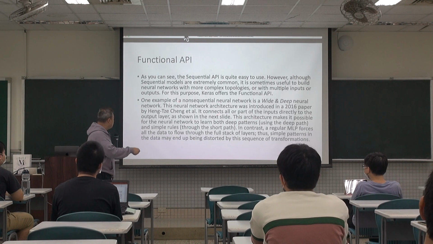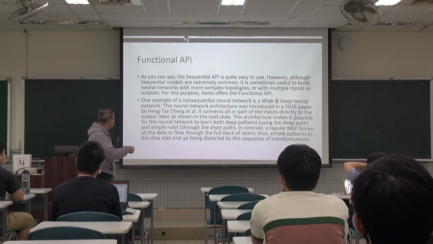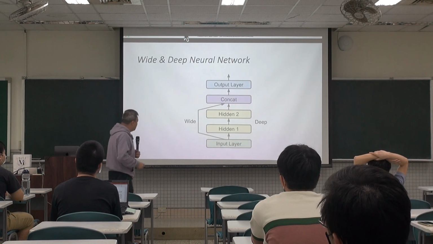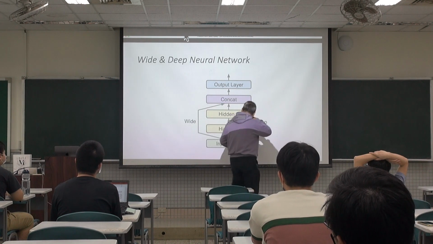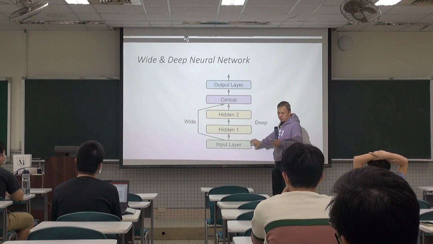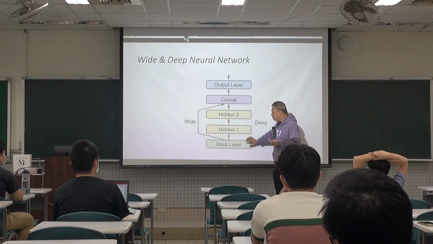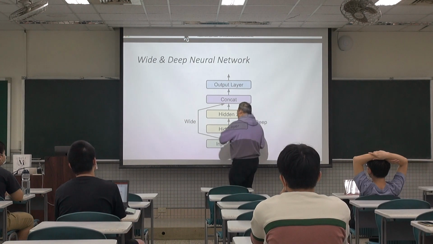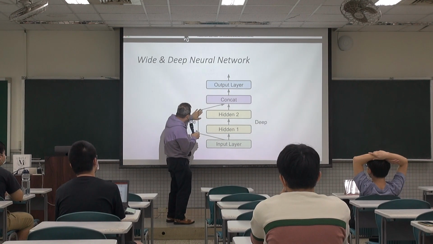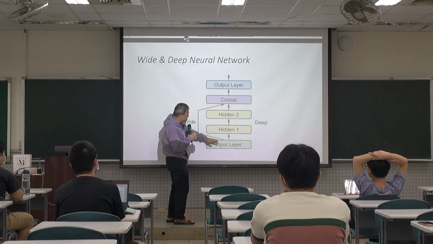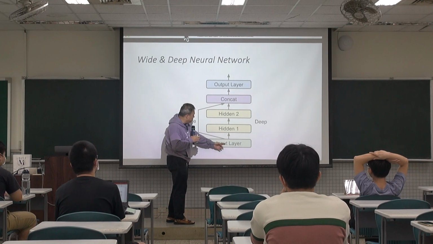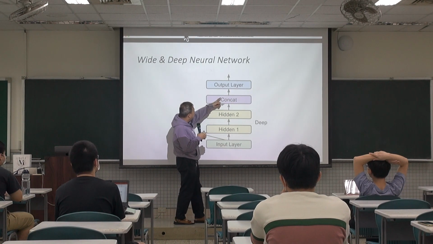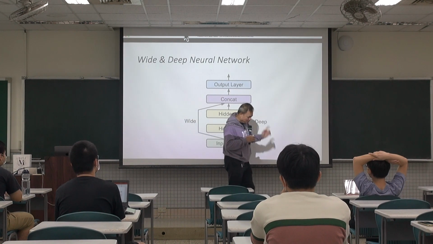So basically, what is this wide and deep neural network? Let me show you the figure, which is much easier to understand. So you have this input, and without looking at this second path, it looks just like a regular MLP. This input goes through hidden layer 1, hidden layer 2, and then goes to the output layer, right? But,